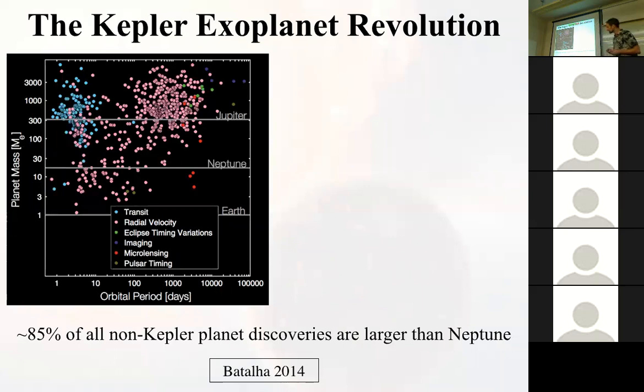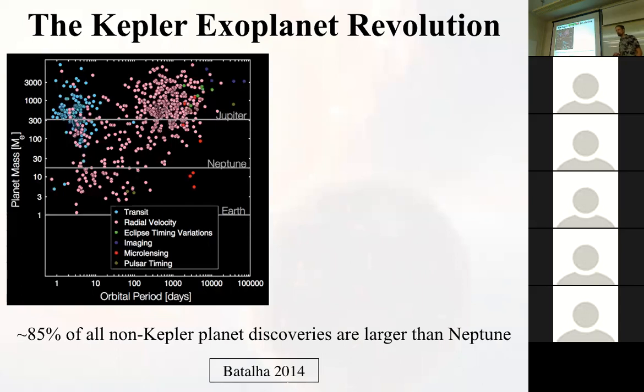and it has revolutionized our understanding of exoplanets. And I'll show you this in these two graphs. This one shows planet masses over the periods, the same thing I've shown before in the animation, but now showing all the exoplanet discoveries prior to Kepler. And in the plot, the masses of Jupiter, Neptune, and Earth are highlighted. So these are sort of the solar system comparison points that we can look at. So this was before Kepler.